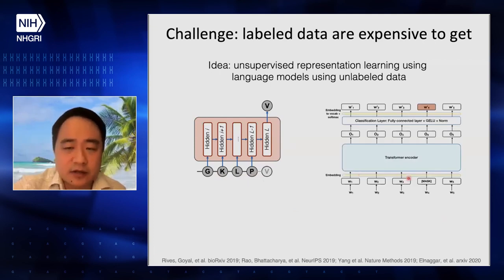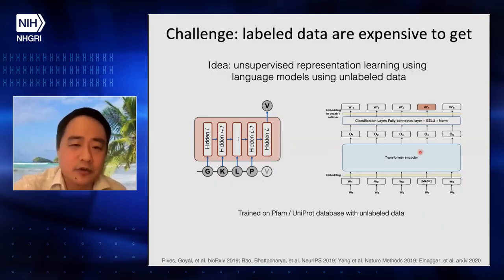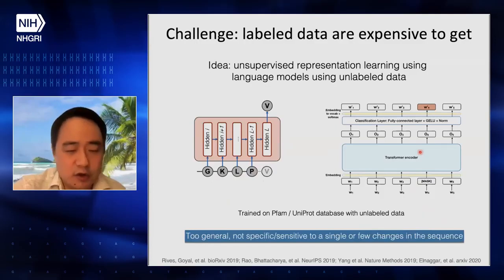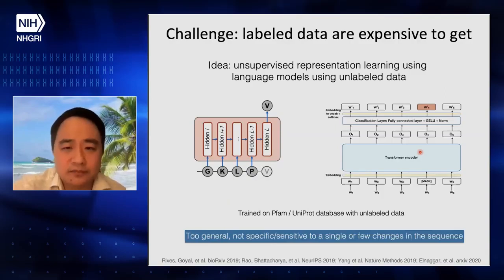There are also other models like transformer models, which are more complex, but are also able to learn to make such predictions. Large models can be trained on Pfam or UniProt, with a lot of sequences but without any labels related to their function. But the drawback of these approaches is that they are too general. Maybe they will just capture secondary structure, solvent accessibility, some of the basic grammar of protein sequences, but will not be specific enough to reflect the special function we want to study.